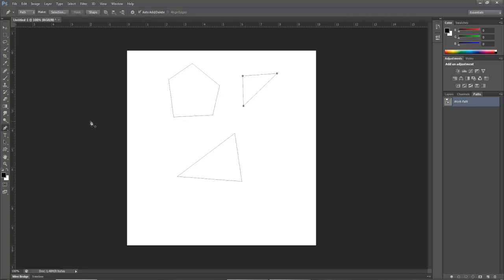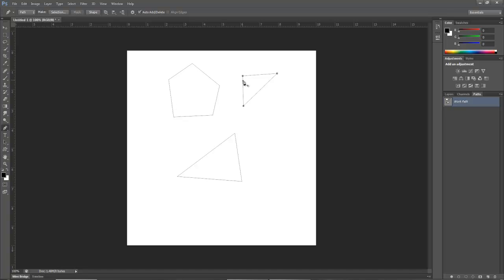One of the things that sometimes makes adding and deleting points or anchor points a pain is having to go back and forth and toggle over here and choose which tool you need. So one of the things that I find is very, very helpful, when I'm on the pen tool, if I look up here, I'm going to select auto add and delete. And what that does, I'm going to control click on one of my paths so you can